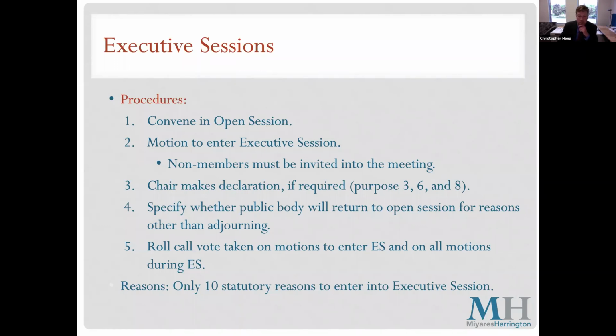As I said, some of the more common ones that we see are boards are allowed to go into executive session to engage in collective bargaining, where conducting discussions in open session will have a detrimental impact on the board's bargaining position. The board is allowed to go into executive session to discuss litigation, where doing so in open session might affect the litigating position. And there are a number of others specifically listed in the open meeting law.